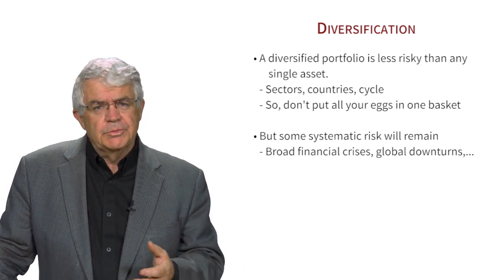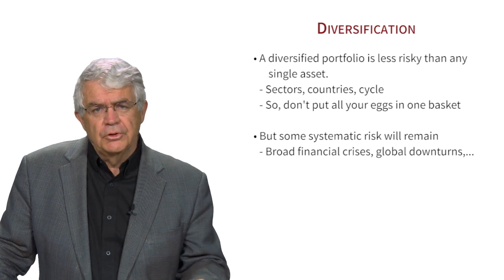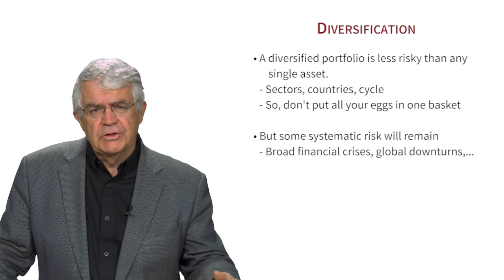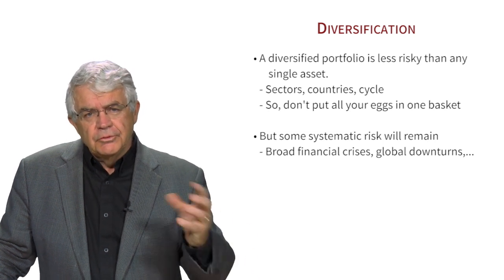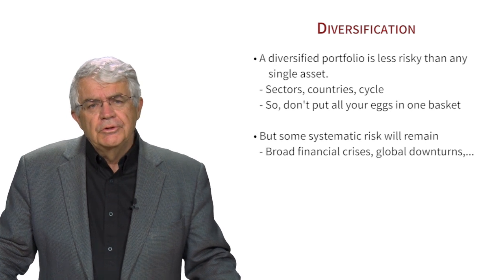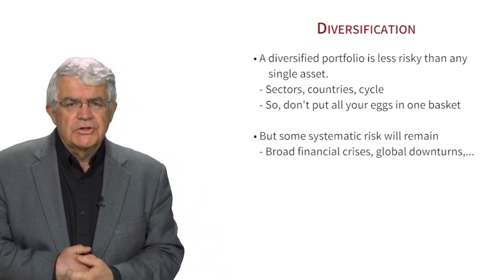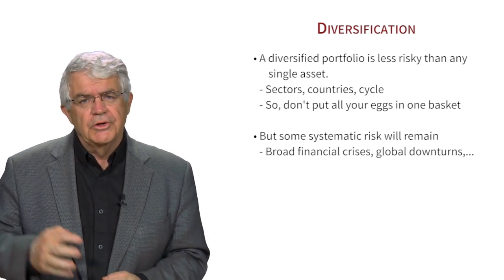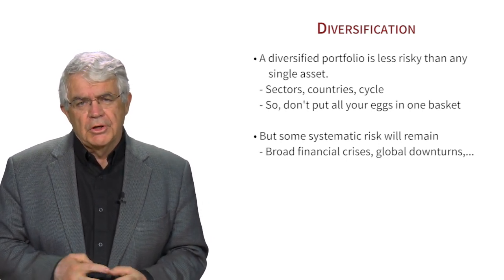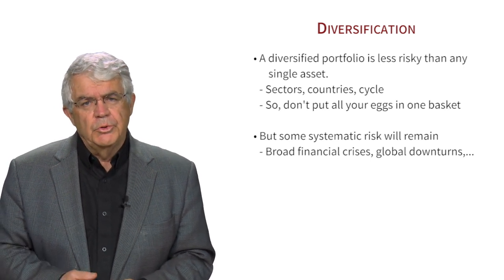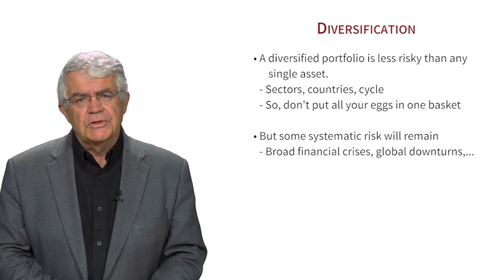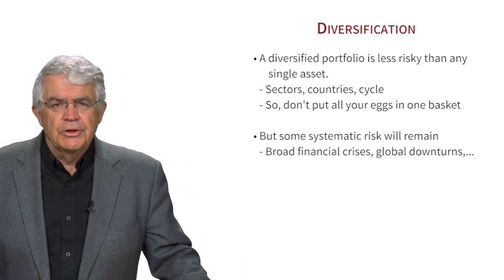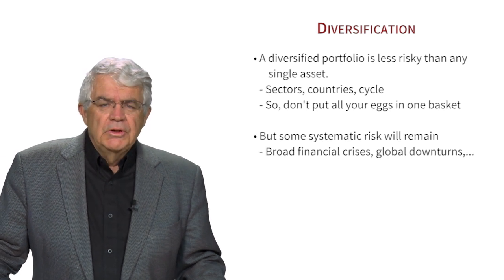You also can reduce your risk by investing in different countries. If you're always in one country, then if that country does poorly for some reason, bad leadership, bad economic policy, you suffer. But if you mix it across different countries, you're able to reduce that risk. You also can reduce the risk by buying stocks that do differently in the cycle. Some stocks do very well when there's a boom. Some stocks do very well when there's a weak economy. So mixing those together makes sense in terms of a diversified portfolio. Another simple way to put this is don't put all your eggs in one basket.